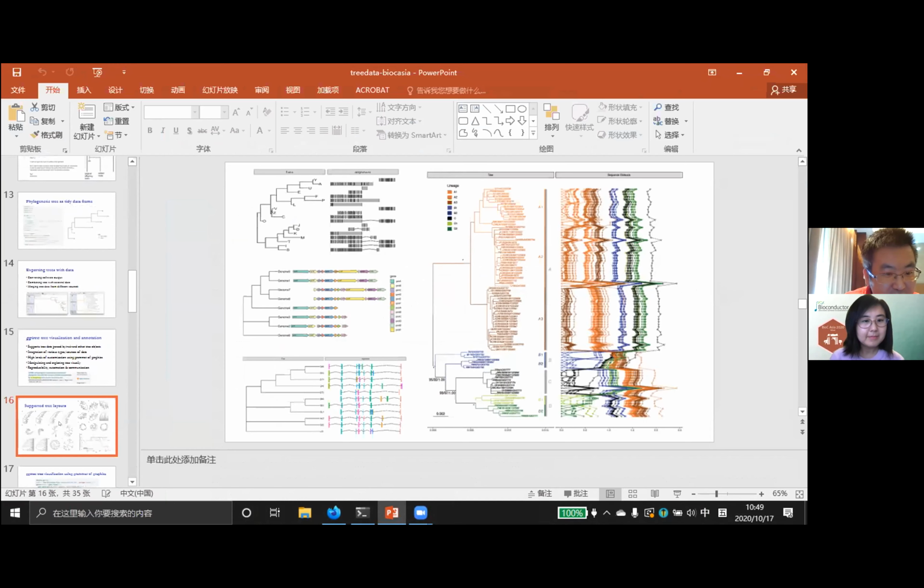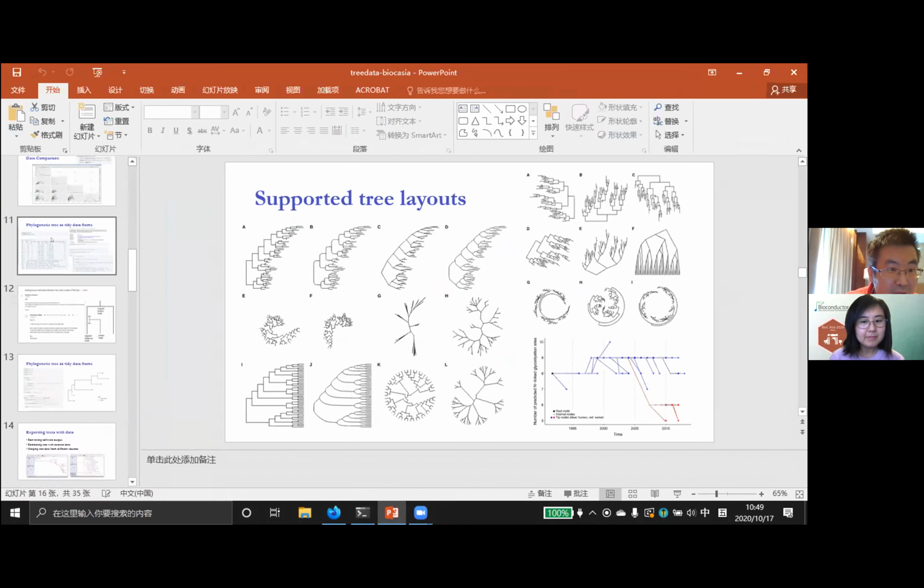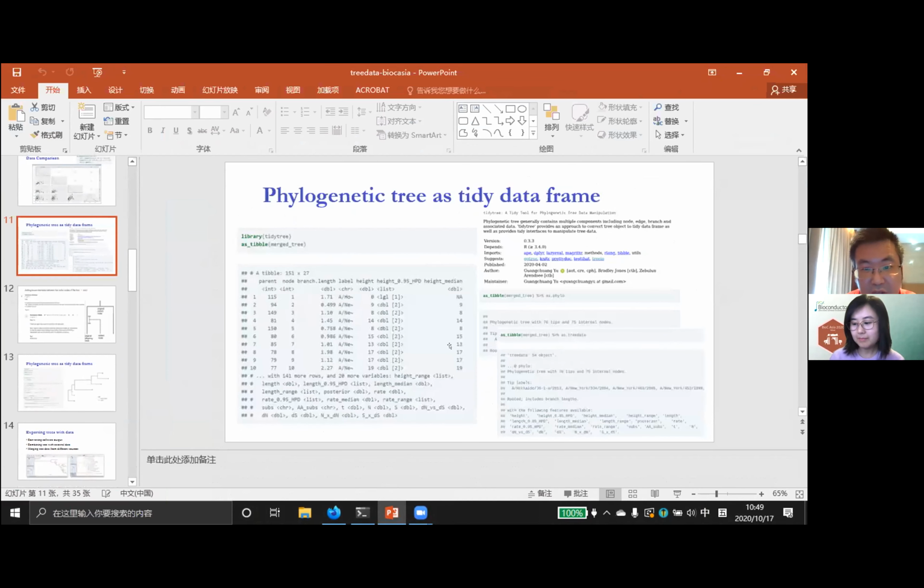For the first question, about scaling the tree: after we merge the tree objects, in ggtree we are able to use different variables to scale the tree. After merging, all the associated data and branch lengths from different software are stored in the tree object, and we can use these variables to scale the tree. I mean the branch length, right? So actually we can